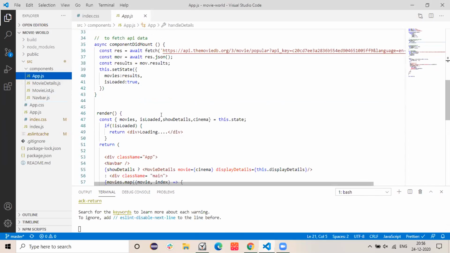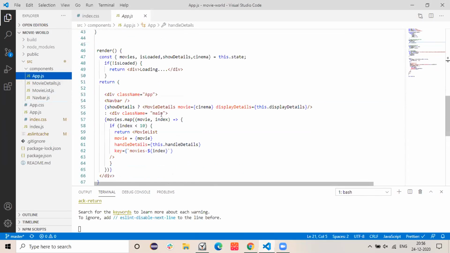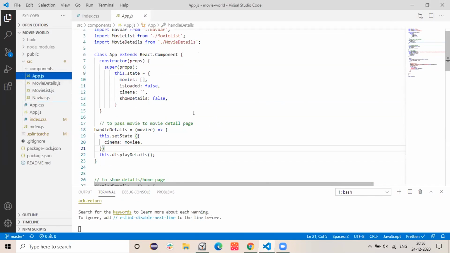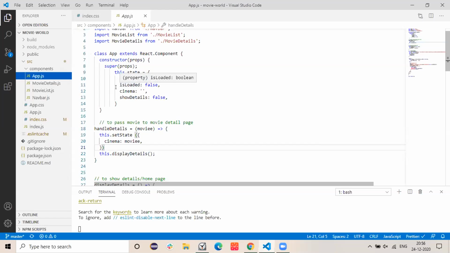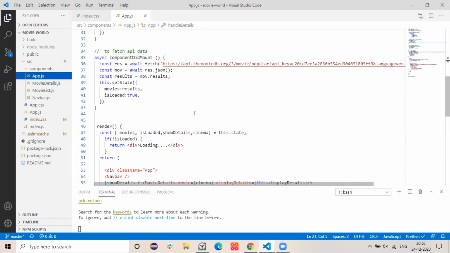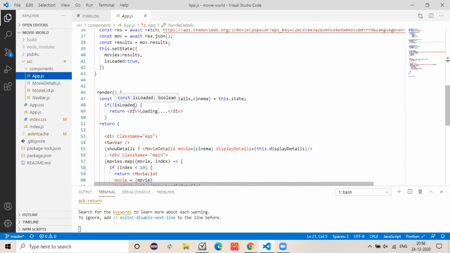In state, I took 4 variables. For the movies, when we get the results from the API, we're going to store it in movies, and 2 Boolean variables for showing the details, and cinema for storing the particular movie which the user requested. First, the render function is going to happen.